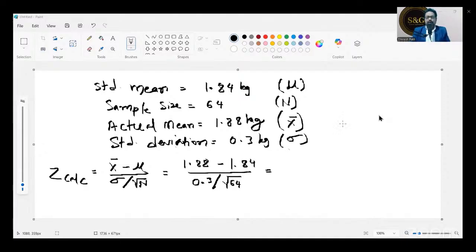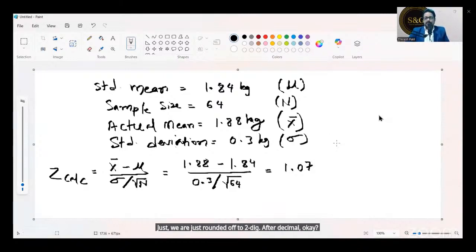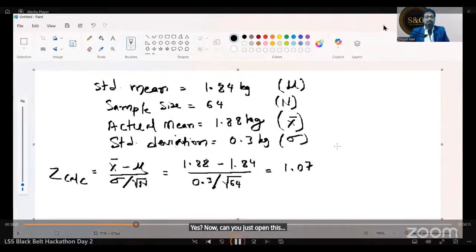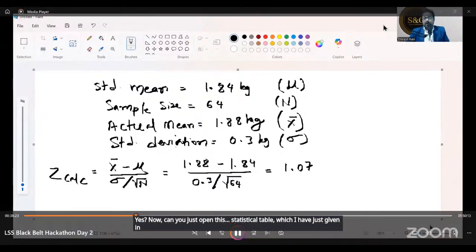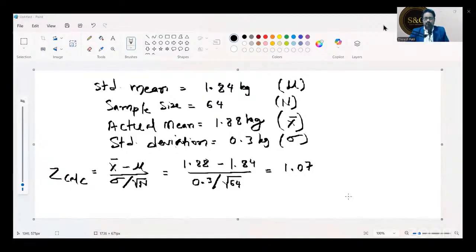Yes, so can we round it off to 1.07? We are just rounding off to two digits after the decimal. Now, can you open the statistical table which I have just given in your chat? Let me also open that.